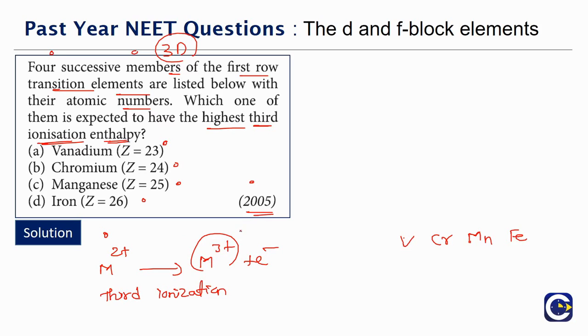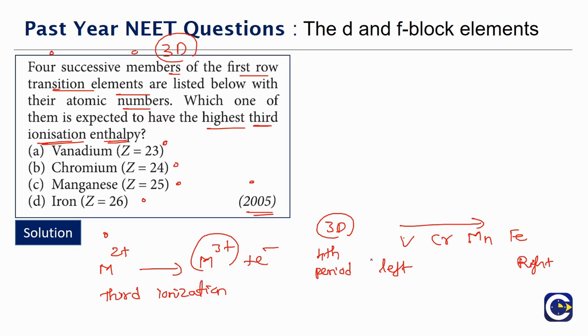So if you want to compare, generally what is the trend? The trend is, for any ionization energy or enthalpy value, if you move from left to right, because vanadium is on the left and iron is on the extreme right, in the 3d series, which is the 4th period of the table, the ionization enthalpy must increase. But when we have a stable structure like a half filled d or a half filled p, we will see that there will be